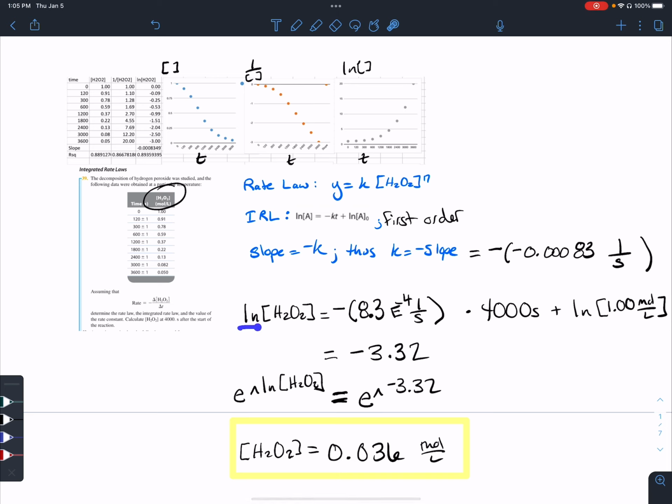So ln is the natural log, but the inverse, the opposite of that, is the function that is above that button. So when you hit second on your calculator and then you hit ln, a little symbol like this should pop up. It's a lowercase e with a little caret because this is the opposite of the log. So you're taking the opposite of the log of the concentration. So that will just be the concentration. And we'll do the same thing on the right side. We'll take the inverse log of this value and we'll get our answer. Unfortunately, the units here don't carry through as beautifully, but we know concentration must be